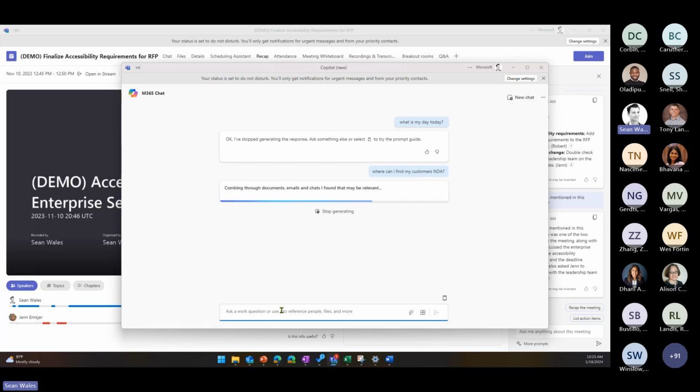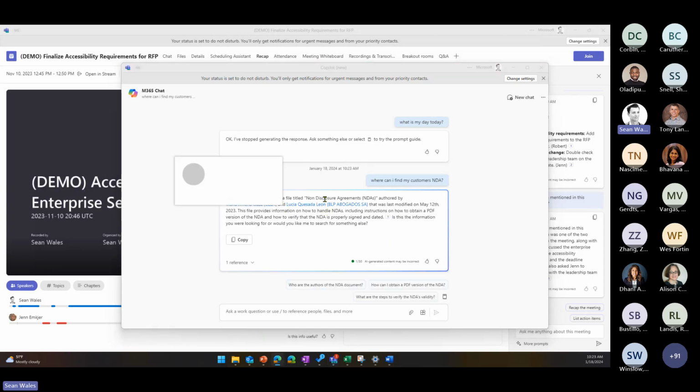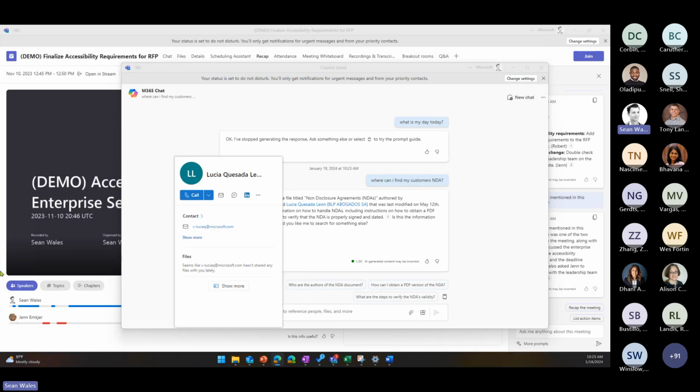It understands what an NDA is, understands who I am within the context of a Microsoft organization, and it's going to be able to point me with citations to the right area, right? So you can see here that not only is it just coming back with something, but it's going to tell me who the people are who are going to be able to bring me to